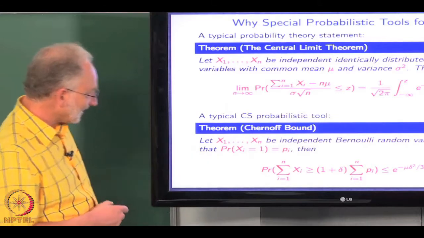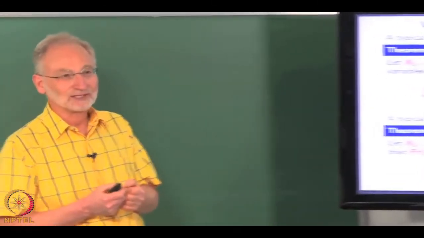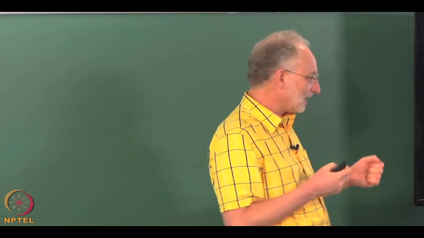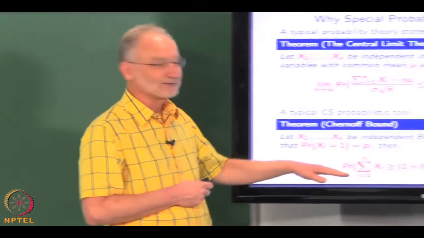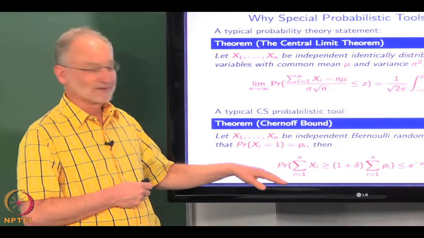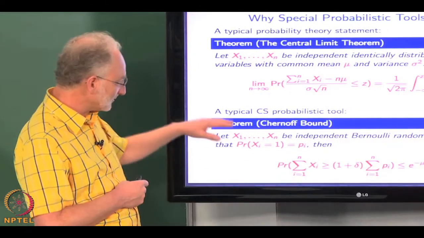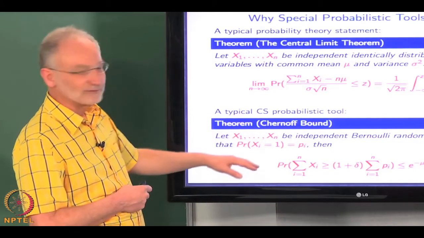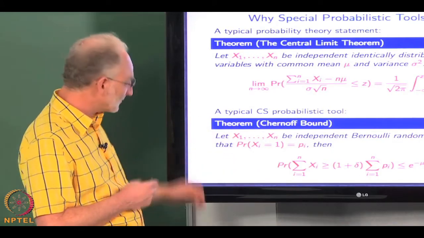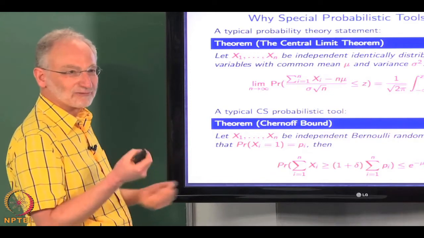So in computer science, we don't care about the limits. We care about how far we have to go in order to be sufficiently close to the limit. Or in other words, this is the standard Chernoff bound. We'll get to this in detail, but just to give you a flavor of what we're going to do here